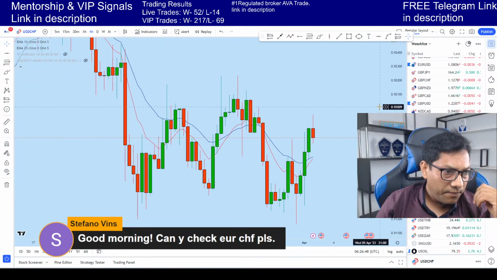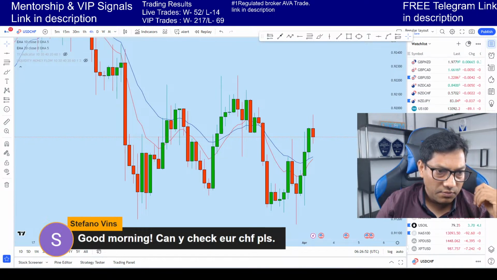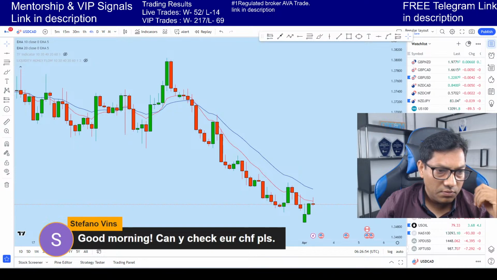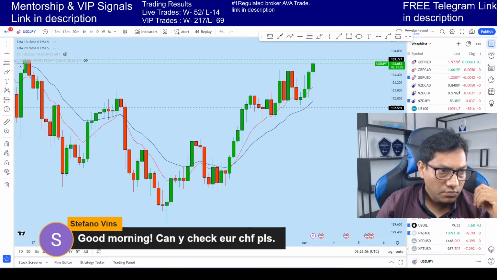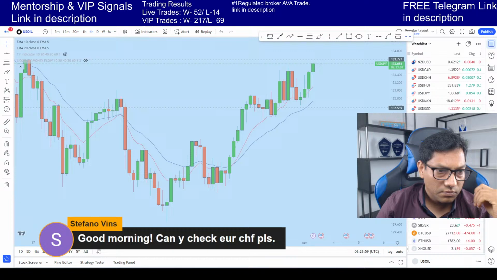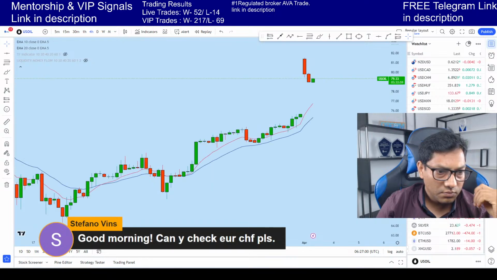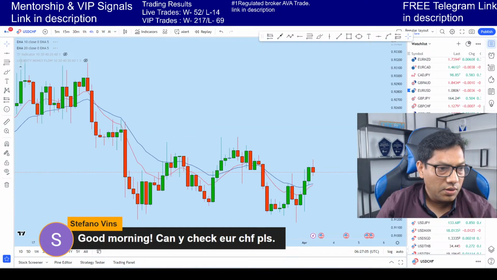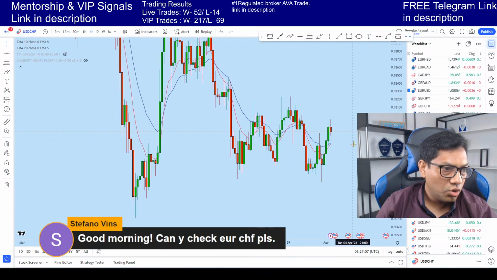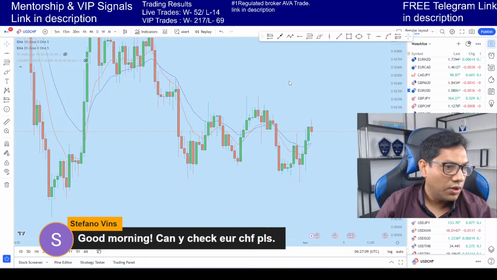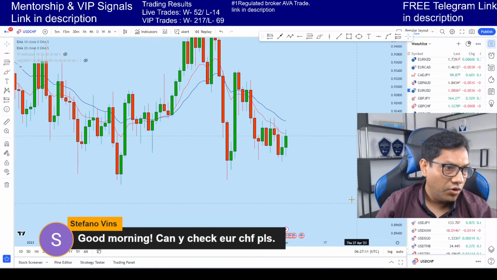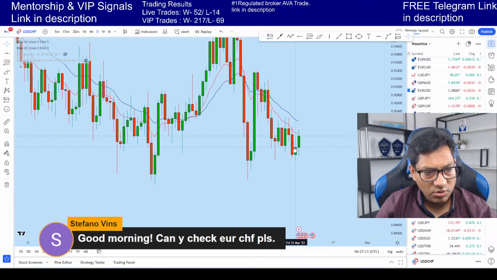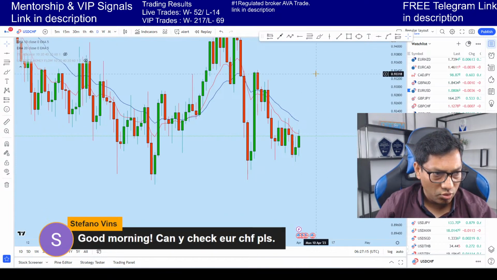So in just 4 minutes time, in the meantime I'm just looking at all of them. So dollar Swiss franc, I look at the daily, for me you can see this is also expected to go bullish initially. I think that